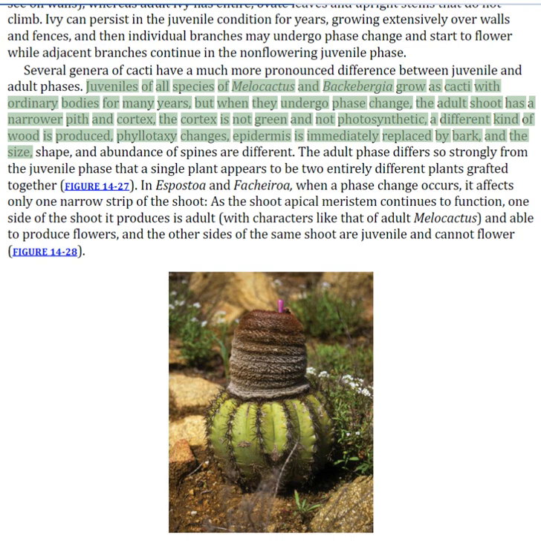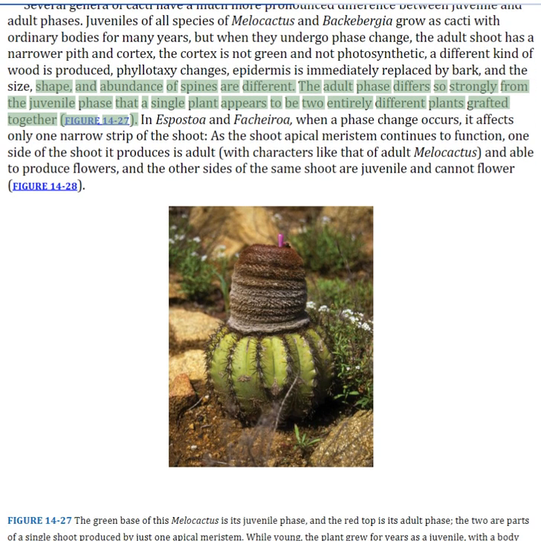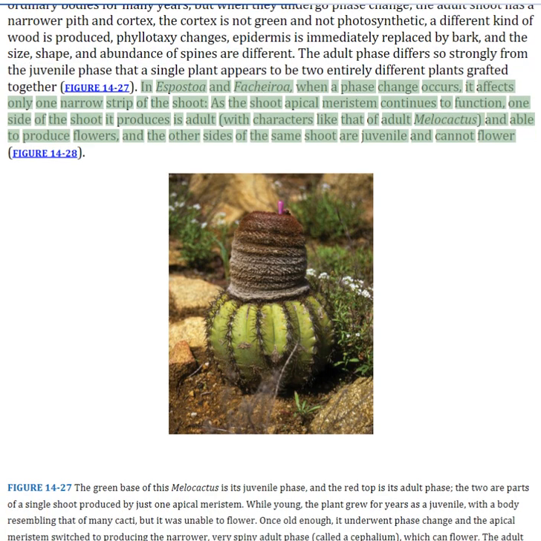undergo phase change, the adult shoot has a narrower pith and cortex. The cortex is not green and not photosynthetic. A different kind of wood is produced. Phyllotaxy changes. Epidermis is immediately replaced by bark, and the size, shape, and abundance of spines are different. The adult phase differs so strongly from the juvenile phase that a single plant appears to be two entirely different plants grafted together. In Espostoa and Facheiroa, when a phase change occurs, it affects only one narrow strip of the